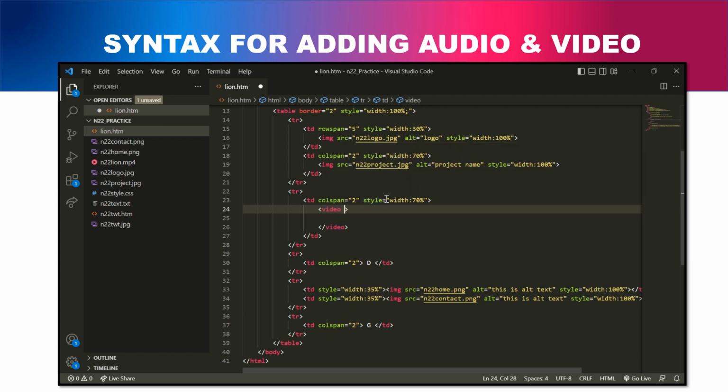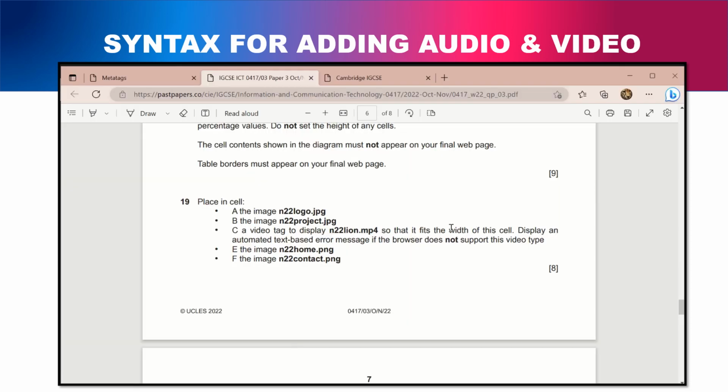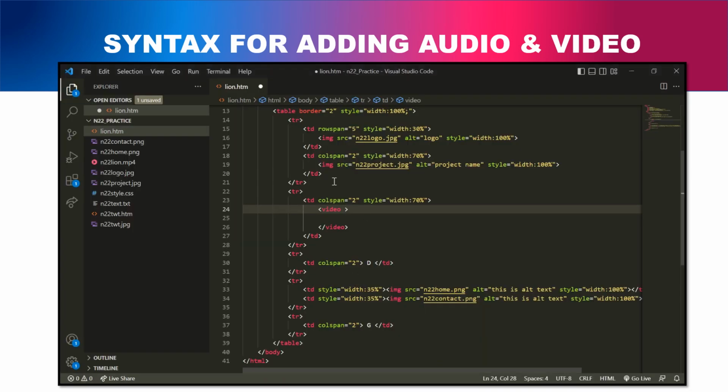So in the question, it specifies that it must fit the width of the cell, so we only need to use the width attribute. So we'll be saying width is equal to 100%, because we wanted to occupy 100% width of the cell, and after the double quotation sign, space and controls. Now inside the video tag,